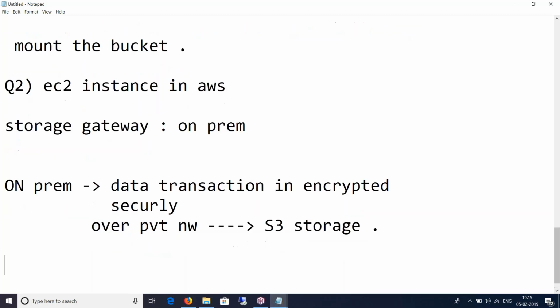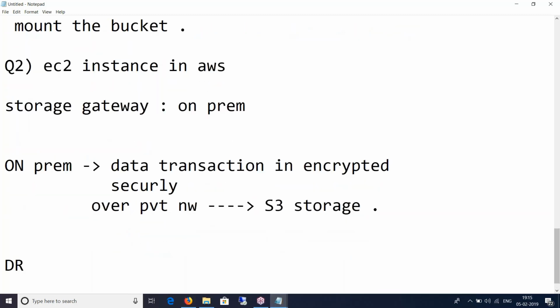This is kind of a DR setup where I have data in the cloud, I have data on premise as well. So just in case things go wrong, I will have the data available in the cloud storage. And then I can have geographical replication set up between one S3 storage and another S3 storage, just in case you want an additional DR plan.